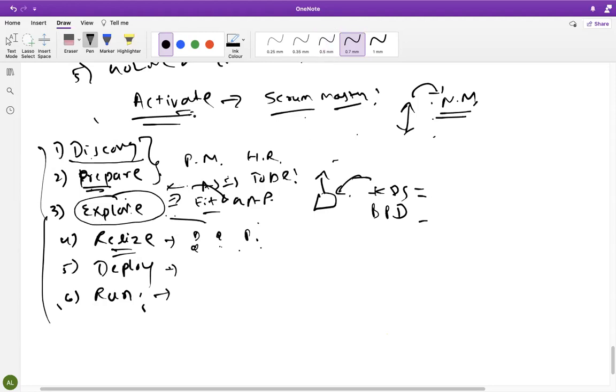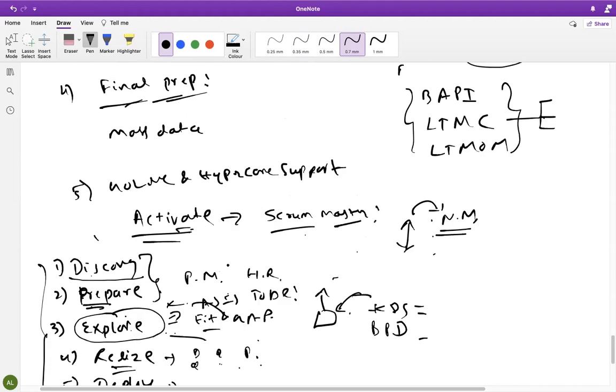Any doubts here before I move to next one? Who will hire the Scrum Master, the client or the consulting company who will implement SAP in the company? Consultants will hire. Consultant means the project manager, who is in our project team. Those people will hire. Or in some cases, the business will also hire, because his work is only that.